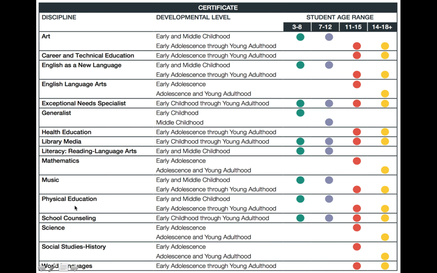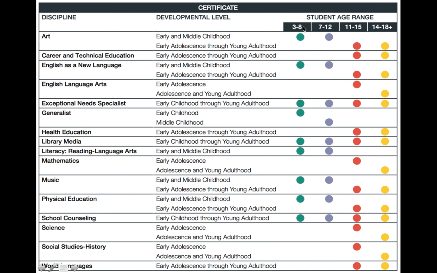The discipline, these are the different areas. And then we have the developmental levels. So within an area, there is often more than one developmental level. For example, let's look at the generalist. You have an early childhood and a middle childhood generalist. Then if you look over on the student age range, you can see how that varies. For example, an early childhood generalist is a teacher who teaches students who are somewhere between the age of 3